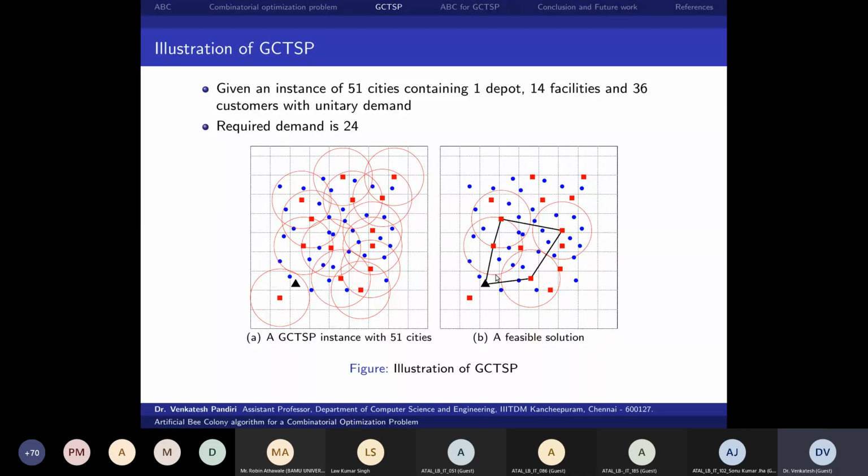It is a very interesting problem, having many applications in telecommunication networks, wireless sensor networks, and humanitarian relief transportation. Let us assume that some floods came, then we need to distribute food across the people. Then we need to immediately identify a route in such a way that the most number of